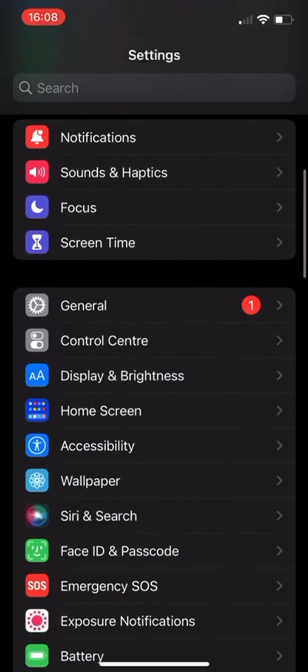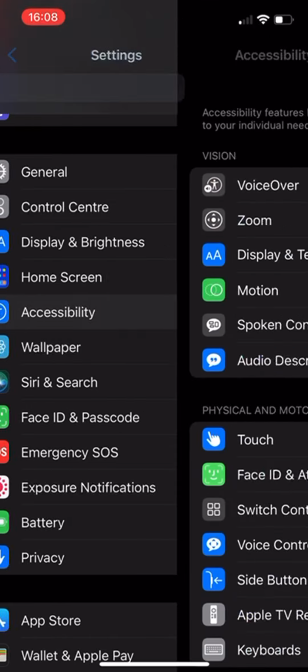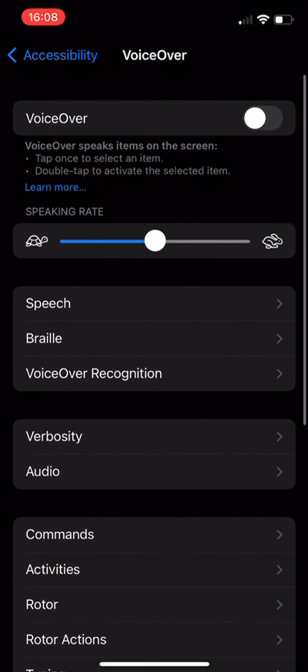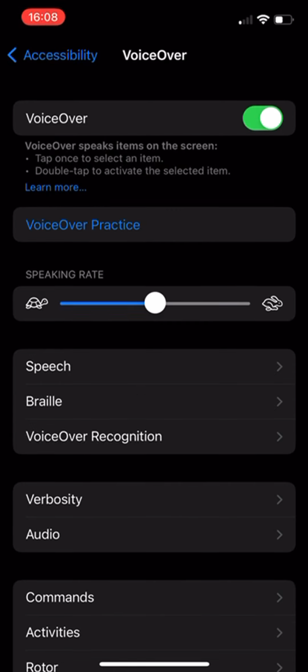In Settings, you then want to scroll down and select Accessibility. From here, you want to select VoiceOver. And here at the top, you then want to select and toggle VoiceOver on. Settings. Accessibility. Button. And what VoiceOver will do is it will give a voiceover on any function that you